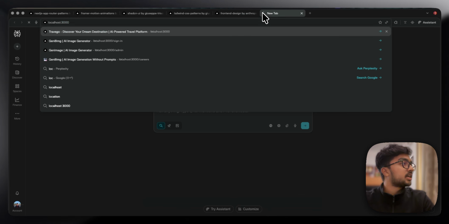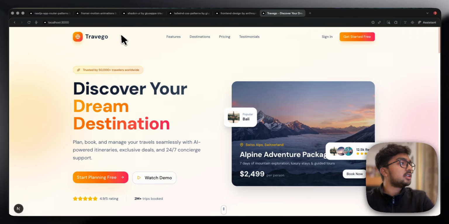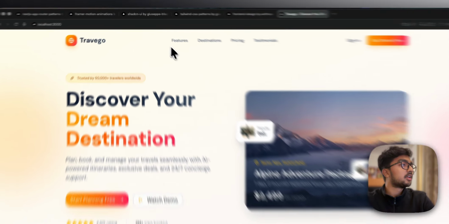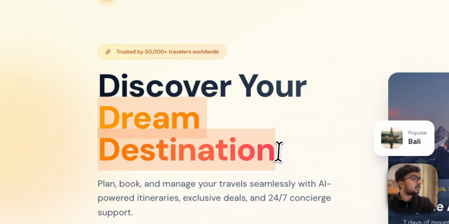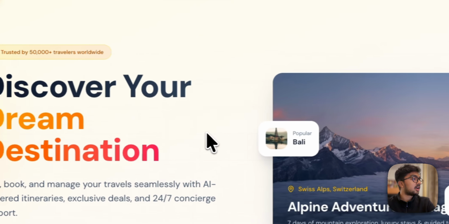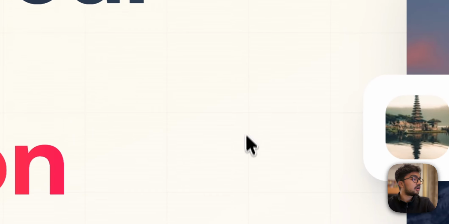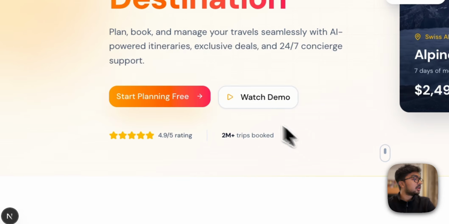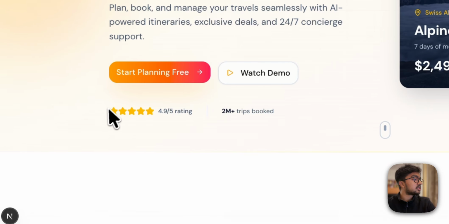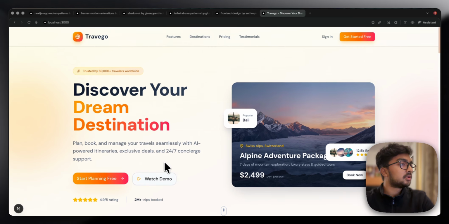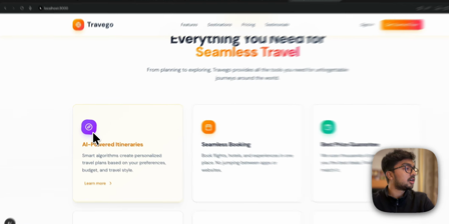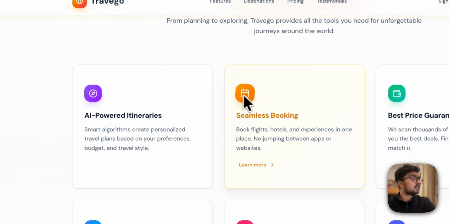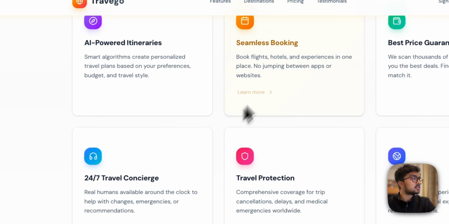So let me show you the website. If I go to localhost 3000, you'll see beautiful animation coming in, and there are animations when you hover over things. There are some gradient effects, and if you zoom in, you'll see a basic grid effect also behind it. Along with that, you can see that stars are also properly aligned, and everything has been done very meticulously, in my opinion. This section also looks really good, with all the icons present properly, with rounded borders and proper